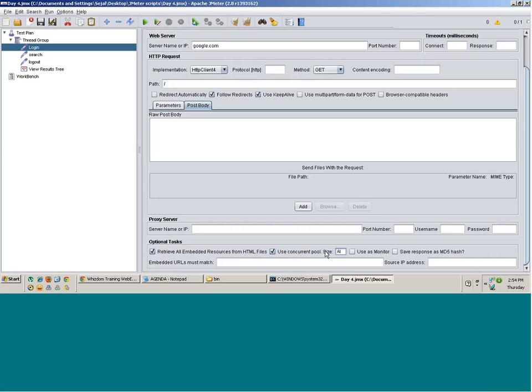Now what happens is, when you want to retrieve all the embedded resources from the HTML files, if you do not use any concurrent pool size, what will happen? Sequentially, all the embedded resources will be downloaded one after another, which will take more time for this request to complete, because it has to download all the resources one after another. If you have this concurrent pool size checked and you have some good number set here, say 5,